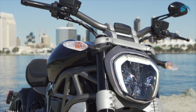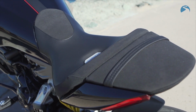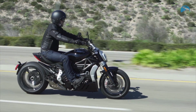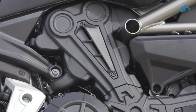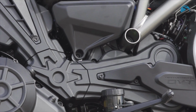Now look, it's one of the coolest looking bikes on the road, I think, personally, especially in the more expensive S version, where you've got the bling wheels, the brushed aluminium swing arm, the glossy black paint, the glossy black engine. But look, it hardly looks poor in the cheaper XDiavel standard bike. Personally, I think everyone who buys one of these is going to spend a bit extra and buy the XDiavel